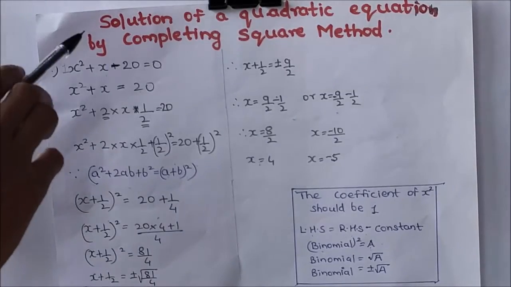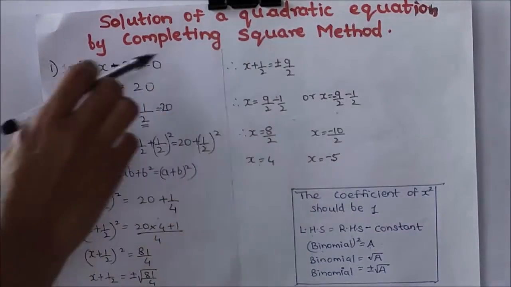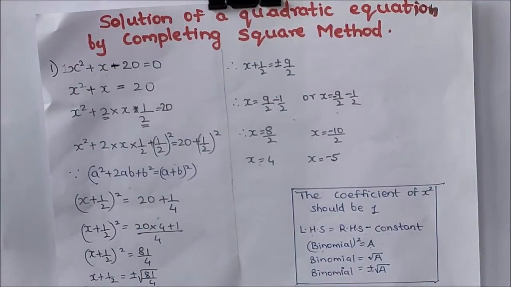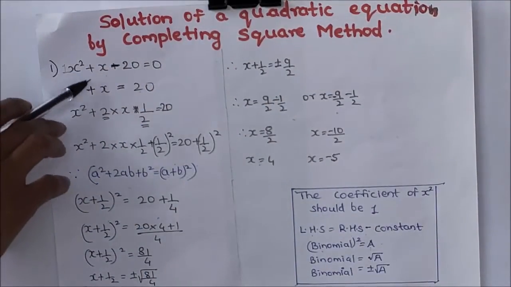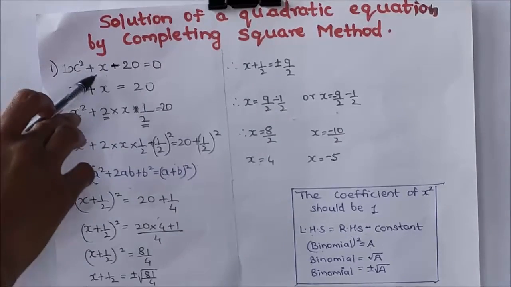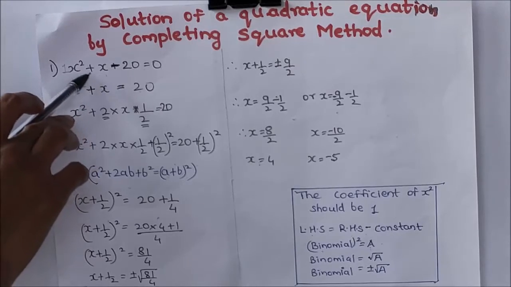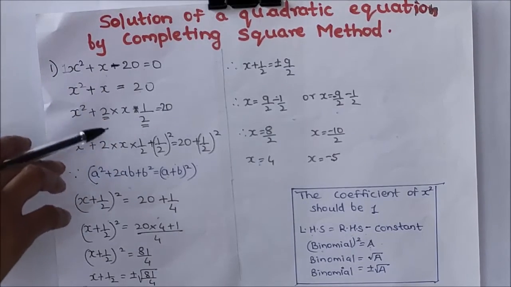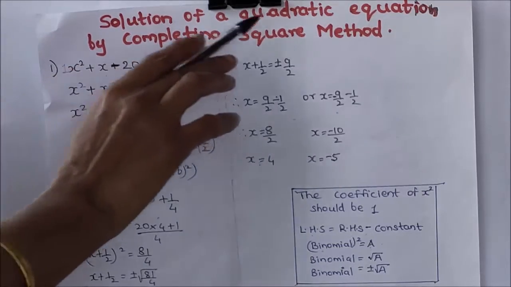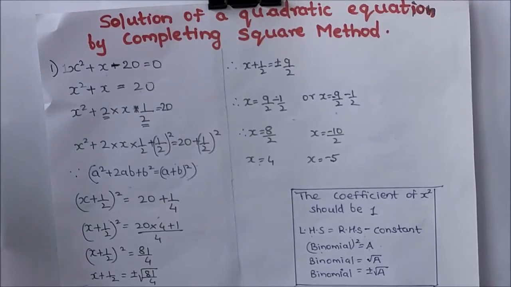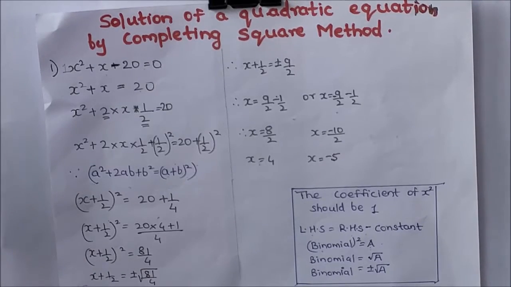Now, we will find out the solution of quadratic equation by completing square method. In quadratic equations, there are a few quadratic equations given in such a way that we cannot split the middle term, or we cannot get the first term into third term as the product. So in such cases, we have to follow this method, that is, by completing square method you have to solve this quadratic equation.